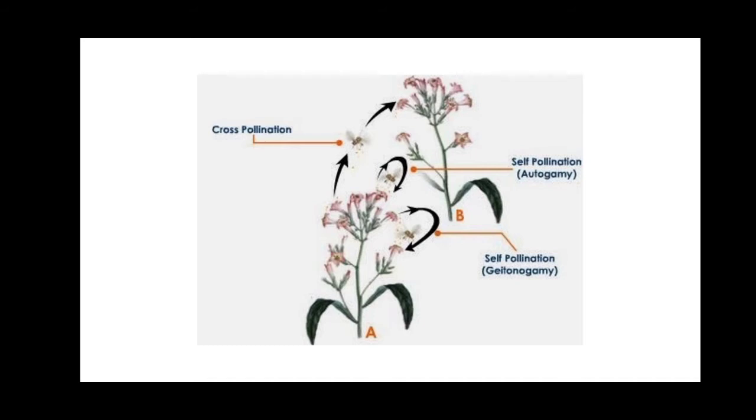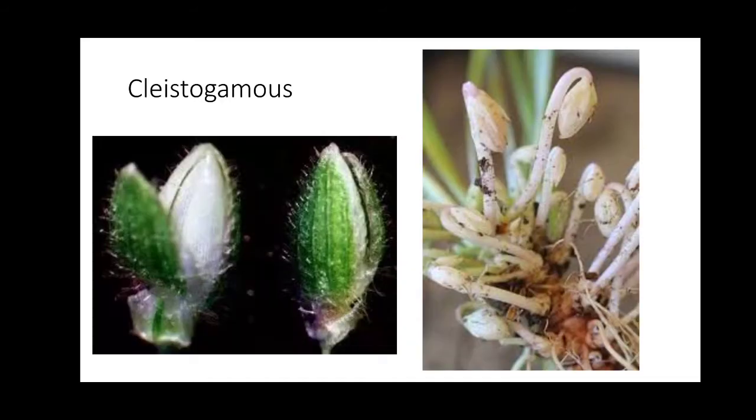But even after that, the plant will undergo self pollination in some cases and cross pollination in some cases. So majorly it depends on the type of flower that is actually there. So we call the flower types of two, of which the first one is the clistogamous type of flower, in which we find that usually the flowers are quite closed.